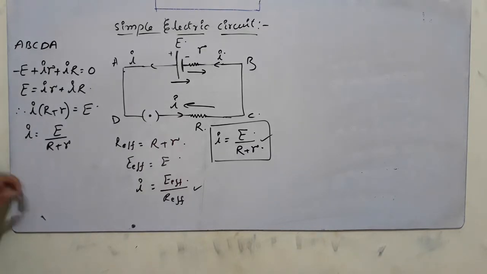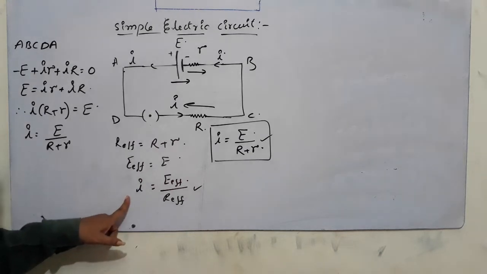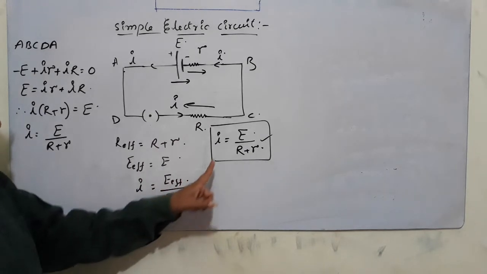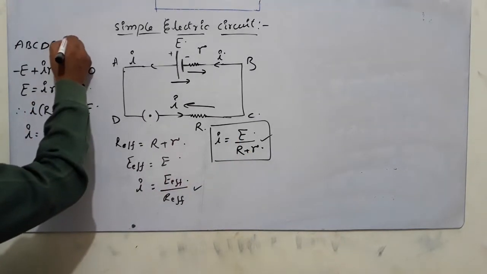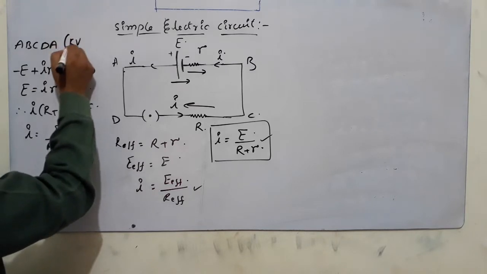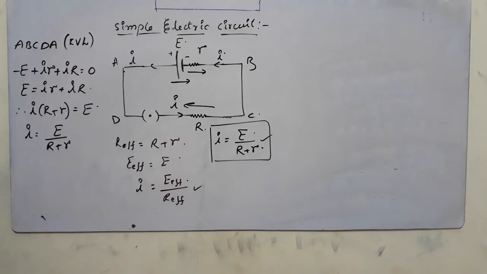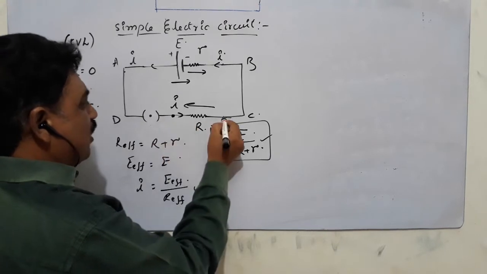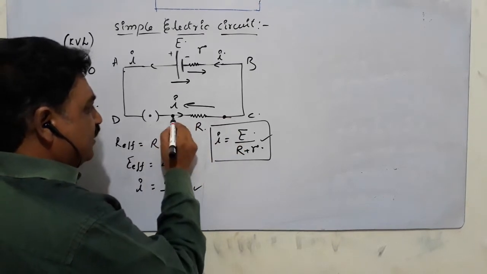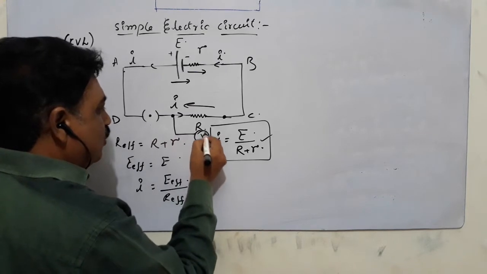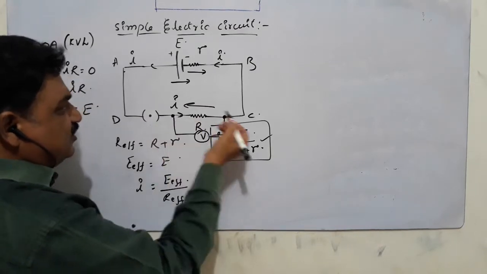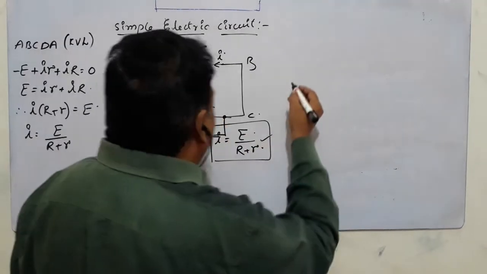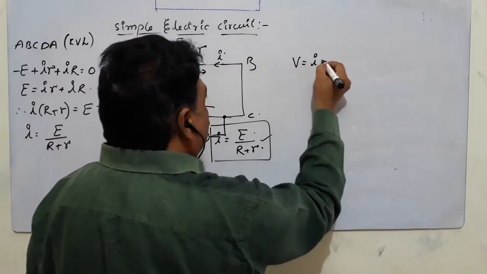So in order to derive current, you can directly take the formula I is equal to E effective by R effective, so that I is equal to E by R plus r. Otherwise, you can apply the second law, KVL, that is Kirchhoff's voltage law, in order to extract current. See, during this phenomenon, across the external resistor some potential is dropped, and this potential drop across the external resistor is called V is equal to IR.